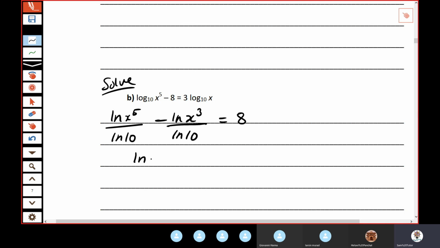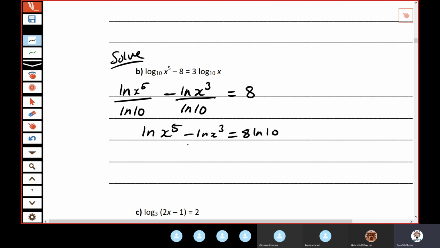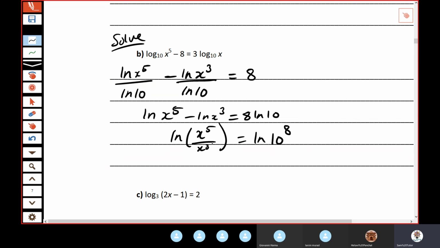At this stage, you've got a common denominator of log 10, so you're probably going to multiply this side by log 10. So you really only have this on the left-hand side, and this one would be 8 log 10. What do we do when we subtract logs? And then you cross out your logs. X squared equals 10 to the 8. It means x equals